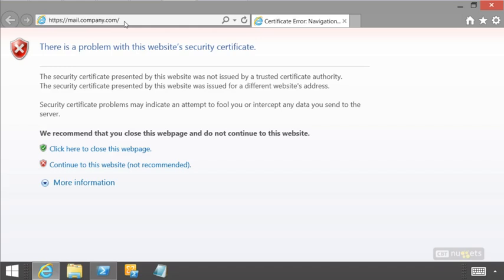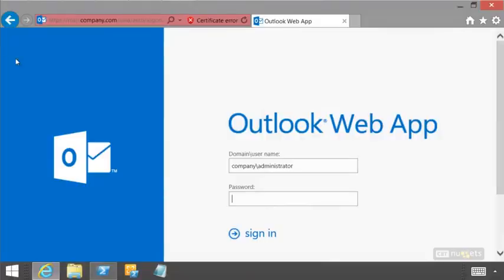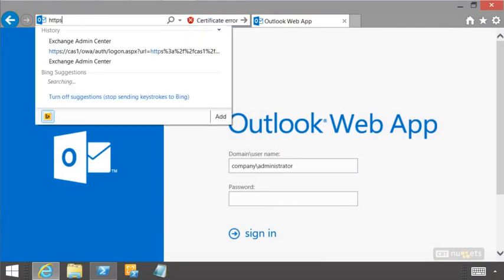mail.company.com. And there's my test certificate. Let me click on it. Now, notice I did, I don't know what happened there. I did mail.com and it immediately took me to OWA. But you know what? If I did this, HTTPS